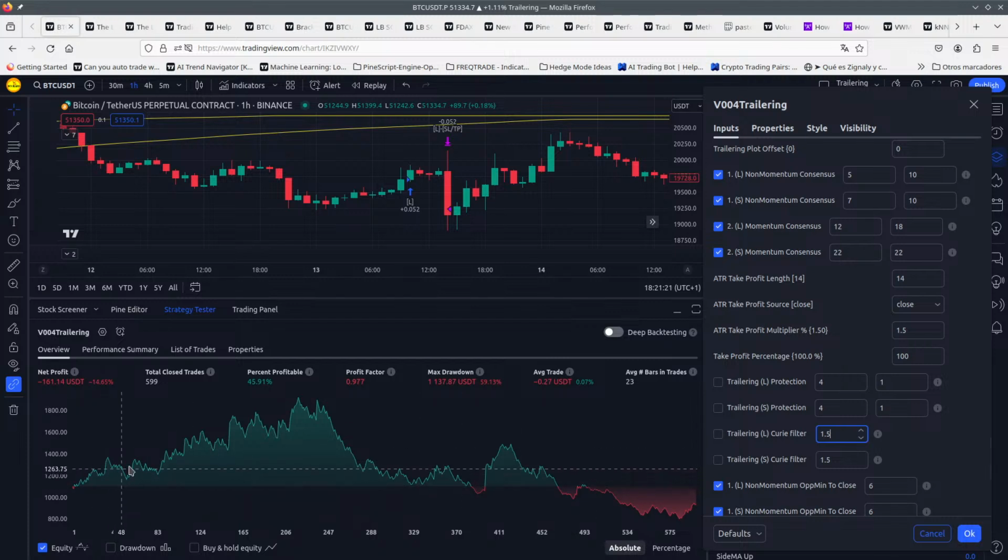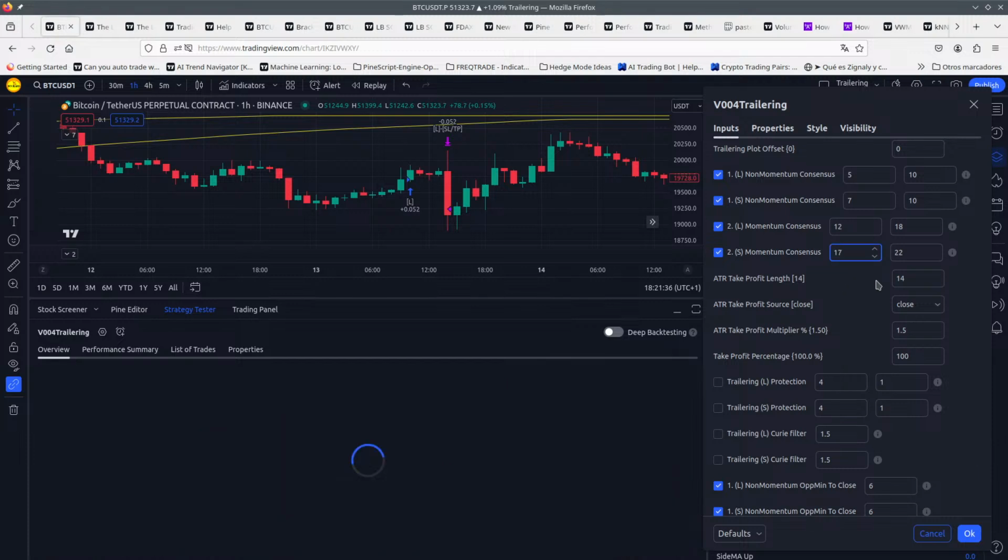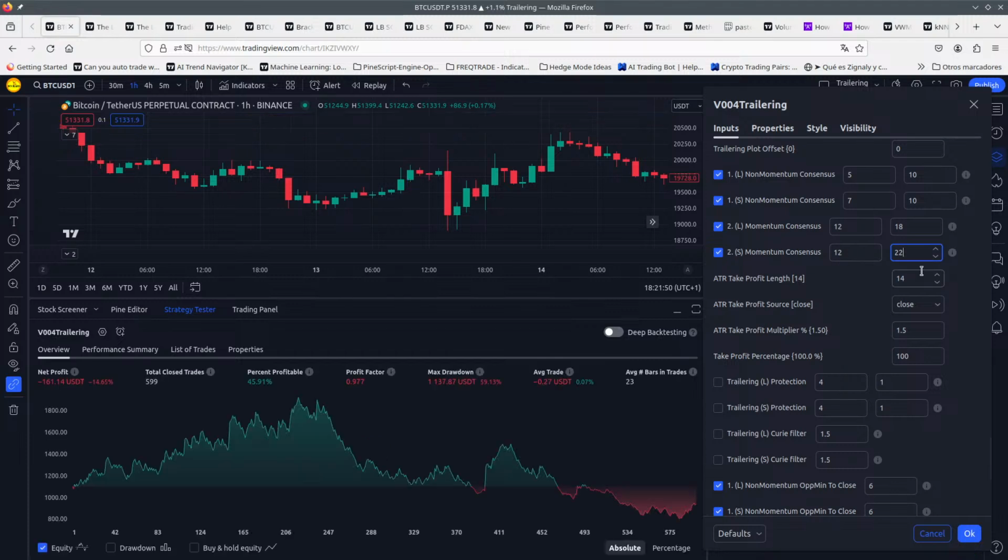So we are onto something here, but then suddenly it goes down, and here we start again. That's interesting. I wonder if having more trades here is better, without this Curie thing. Yeah, I mean,